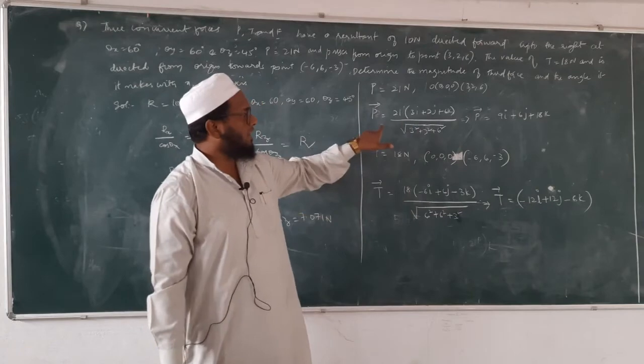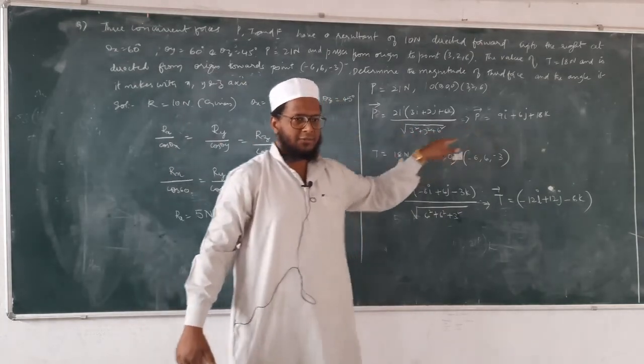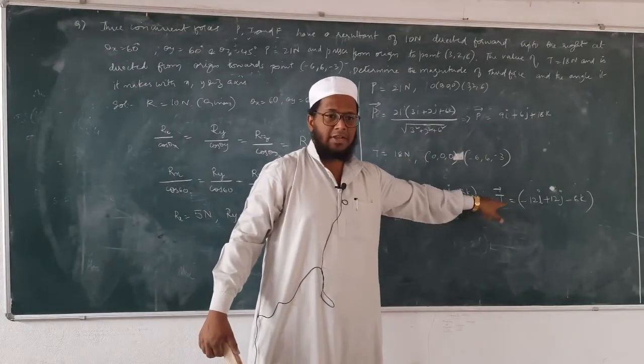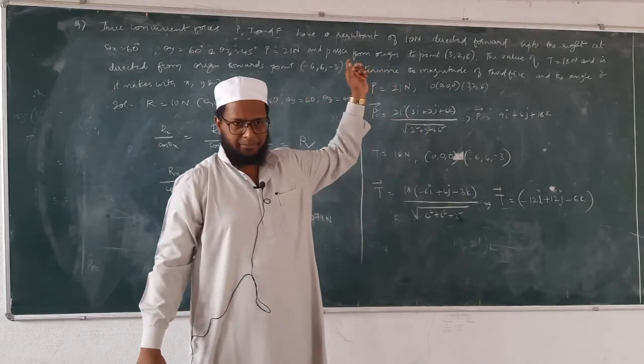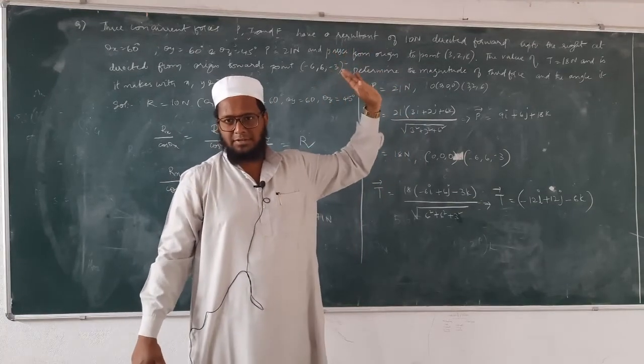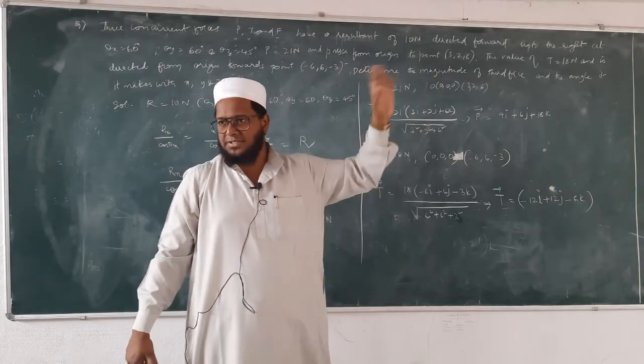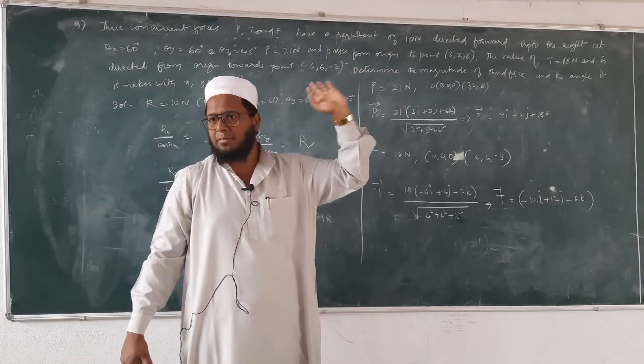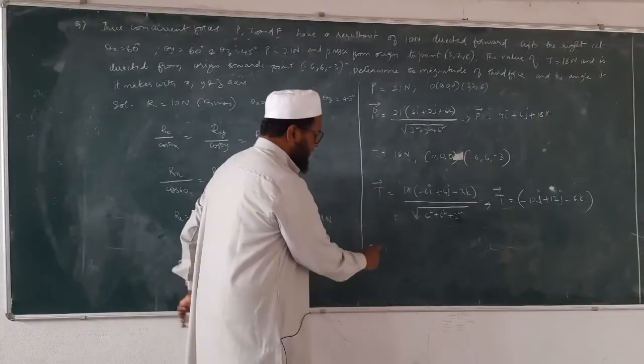Okay. Now see here, observe here carefully. I got force vector P, I got force vector T. There is one more force, that is F. No point is given to us. From where it is passing, it is not mentioned. From where it is going also, it is not mentioned. So what I will do there?